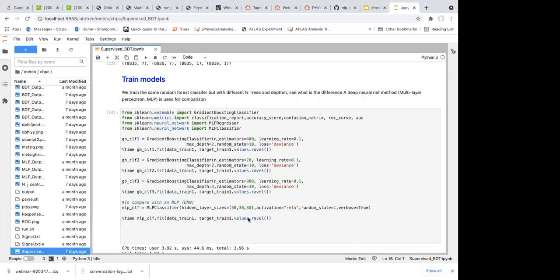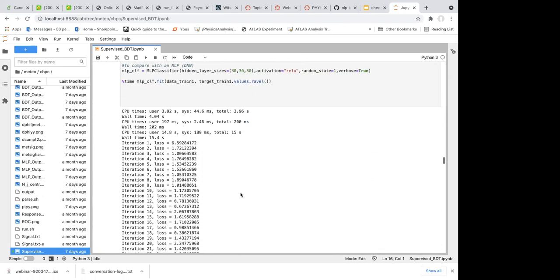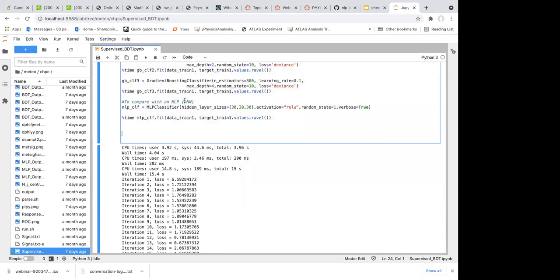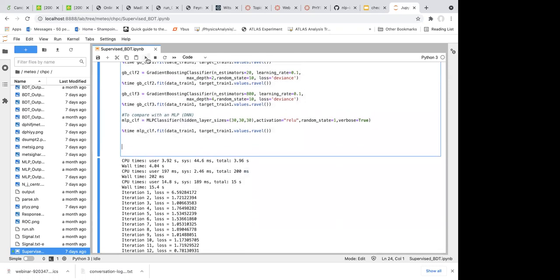For comparison, we also put in the MLP, that's also the DNN method, which uses 3 layers, with 30 nodes in each layer.